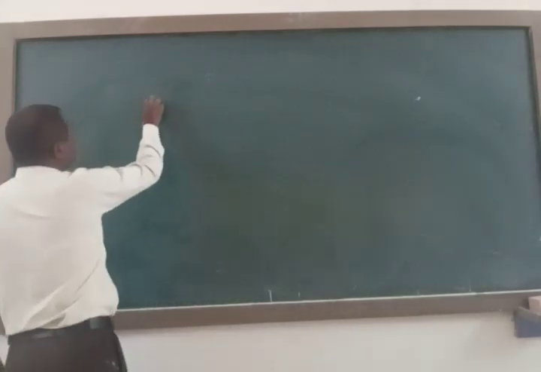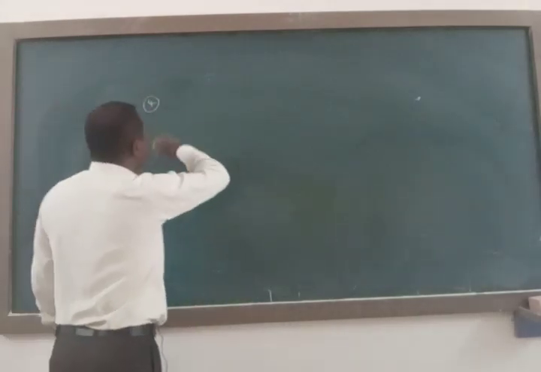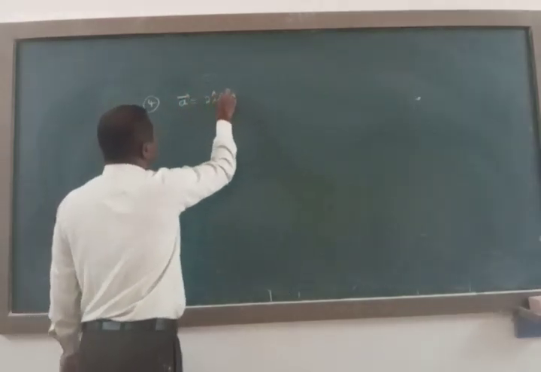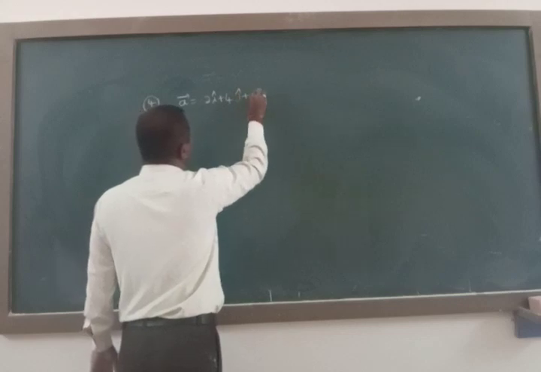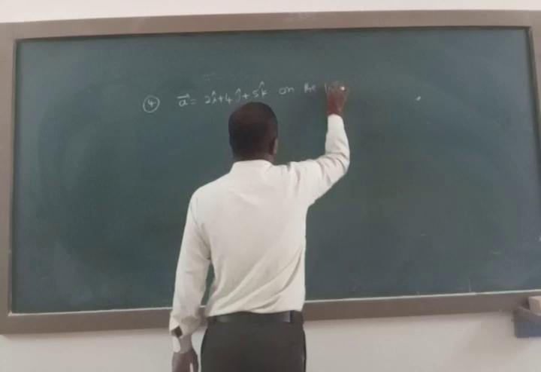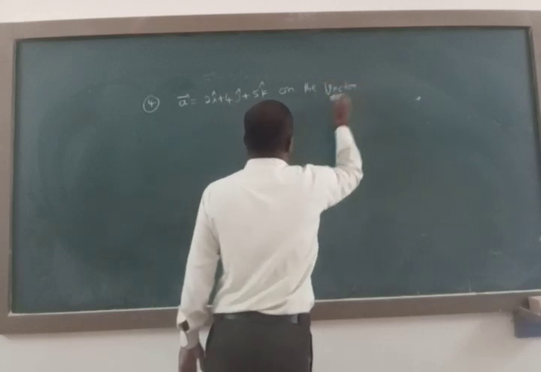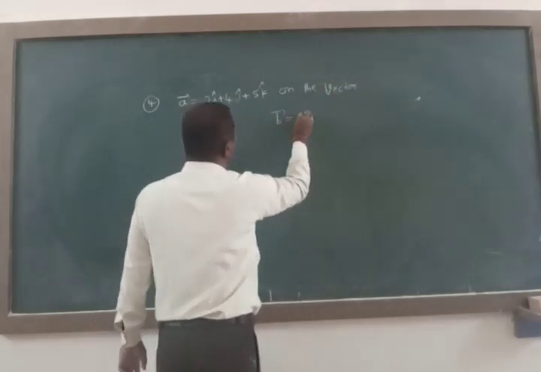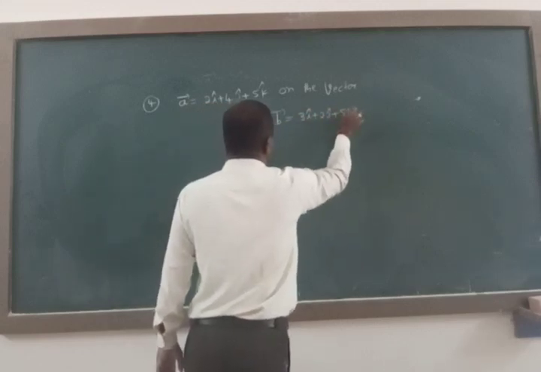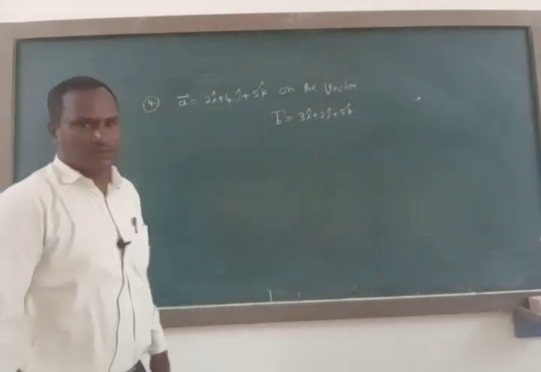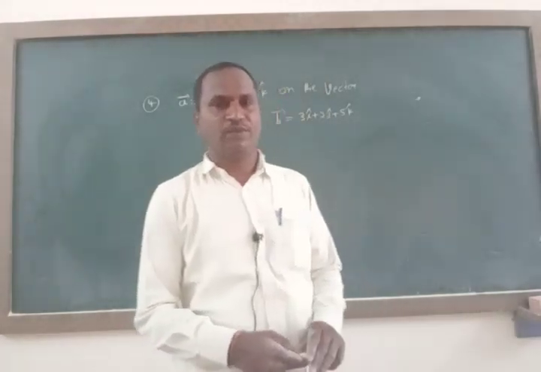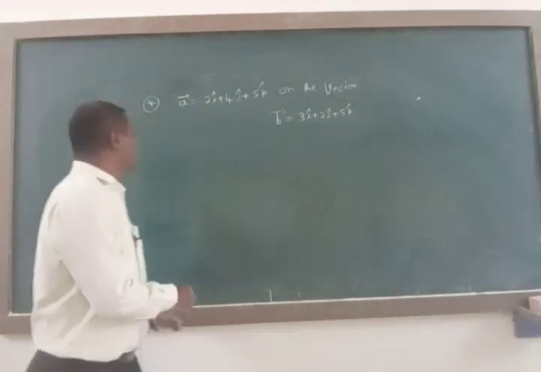Fourth example: find the projection of the vector a bar equal to 2i cap plus 4j cap plus 5k cap on the vector b bar equal to 3i cap plus 2j cap plus 5k cap. Already I told about the projection of a bar on b bar and projection of b bar on a bar also. Solution for this is,